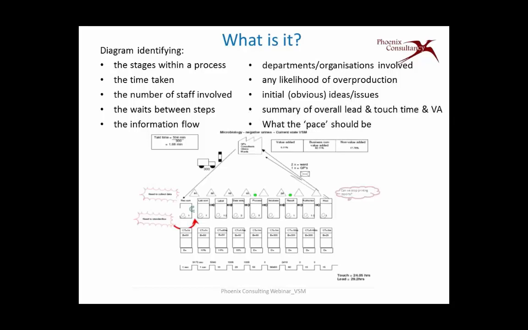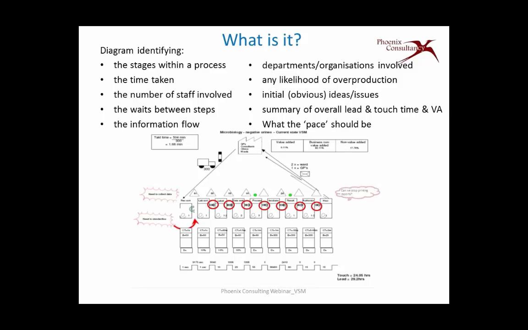So you get a diagram that documents all the stages in a process, the time taken at each stage, the number of staff involved at each point in the process, and the waits between the steps. Now, these are both in terms of time waiting along the bottom and quantity of stuff that's waiting between steps in the triangles. You get the flow of information and the other departments that might be involved, and any likelihood